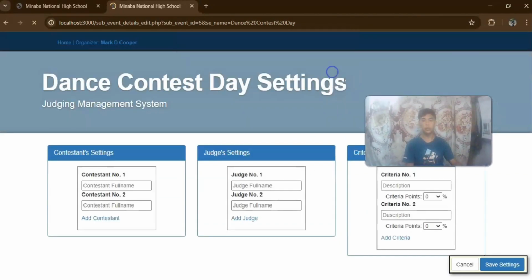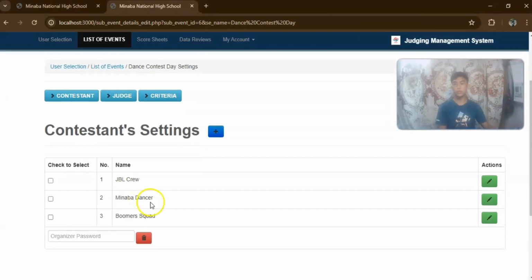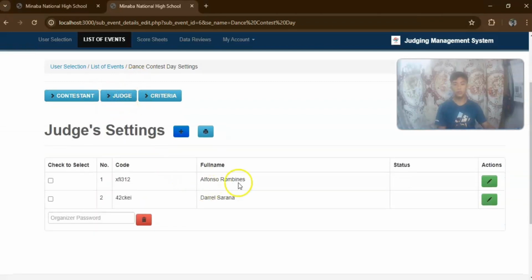Here, as you can see, we have three contestants: the GBL, the Dancers, and the Boomer Squad. We have two judges, Alfonso and Darisani. Here is the code for the judges.